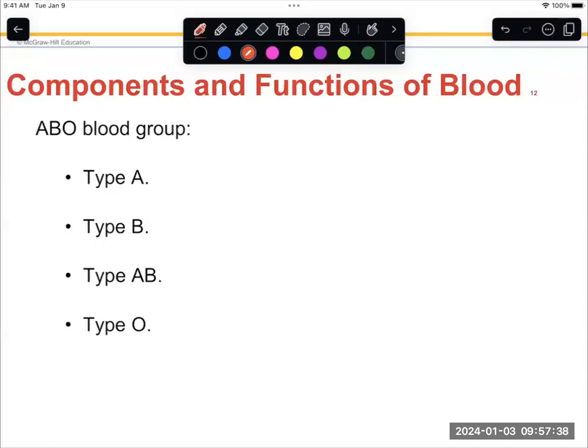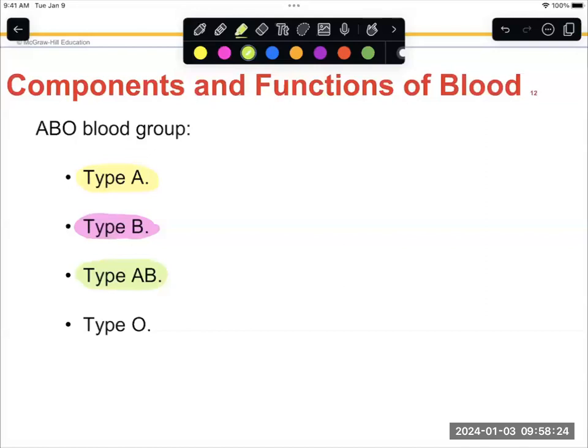So somebody who has type A blood is going to have an A antigen found on their red blood cells. Somebody who has type B blood is going to have that B antigen on their blood cells. Somebody who has type AB has both A and B antigens found on those blood cells. Type O doesn't have any antigens. There's no type A, there's no B, there's nothing on them, which makes type O a universal donor,